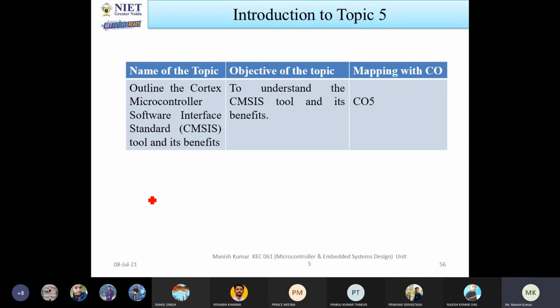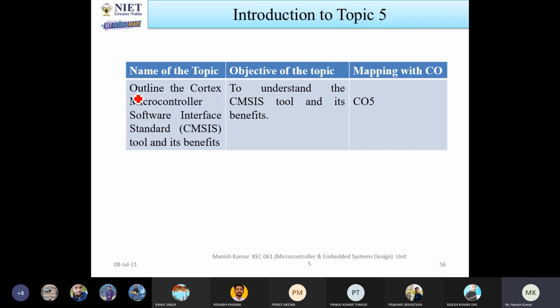In the last lecture, I discussed the features offered by the Embed SDK. So, in the Embed platform, how the software development kits are available and how the hardware development kits are available. If you want to design any IoT systems, then you can use this SDK for faster development of your systems or of your design.